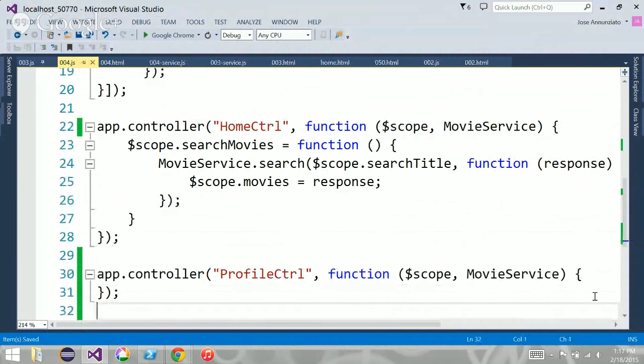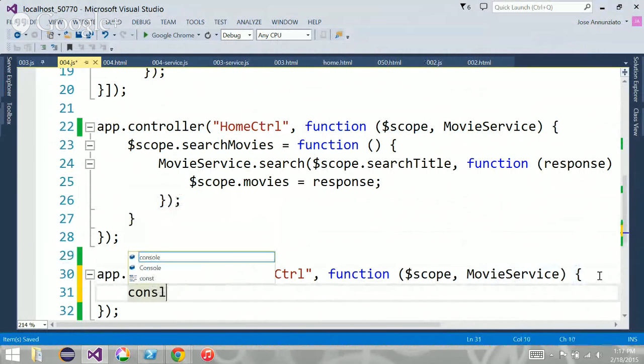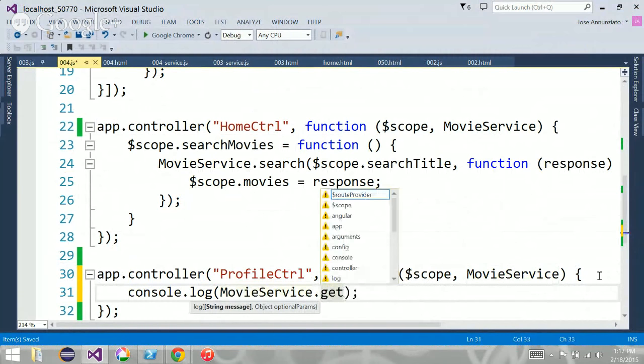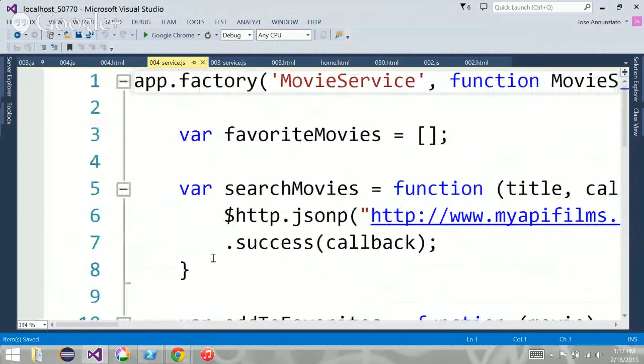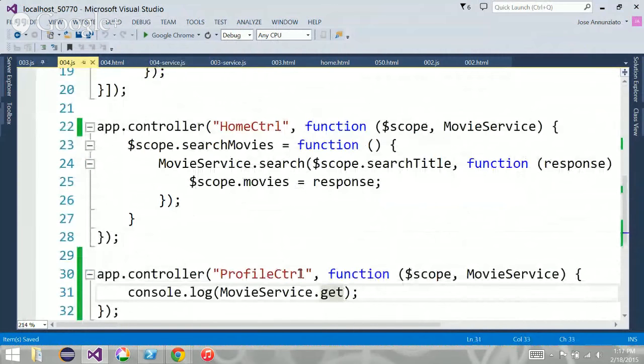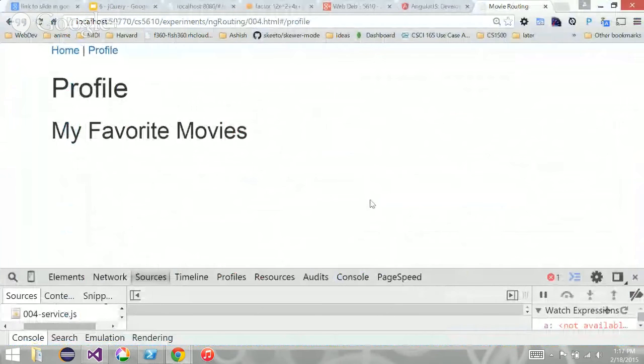And when I go to the movie service, I just want to see console.log that I have the movie service and, what was it, get favorites? What do we call it? I get favorites, right? Let's do that.